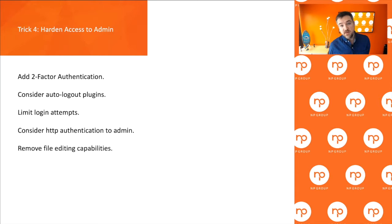Limiting login attempts. This is a great tool to have. It limits those brute force attempts. So I would recommend finding some way to do that. Again, plugins are out there. I would consider putting a server level of HTTP authentication on the admin. A sysadmin can do it for you. I'm not going to lie, it'd be a little bit inconvenient, but it is something that you can do. And also, back to firewalls, you could also block access to that area by IP. That might be something to consider as well. And also, don't make it so that your admin can edit files. Try to turn that capability off, because that's just a very simple step to remove some layers of